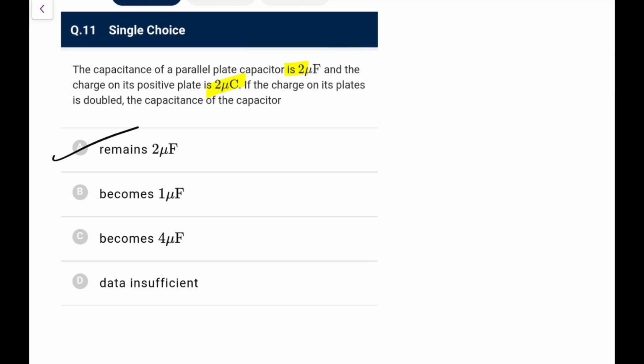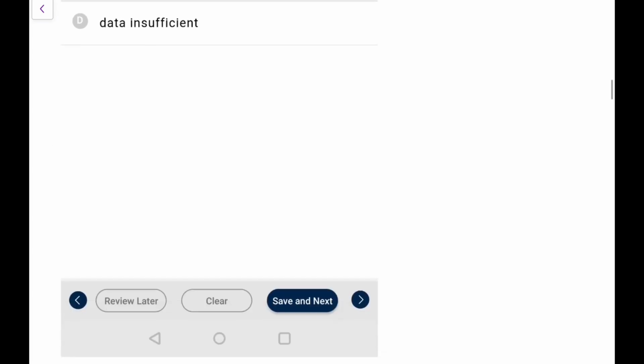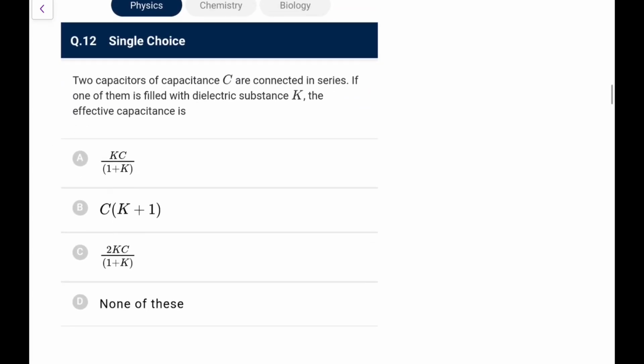It doesn't change. The capacitance is independent of Q and V. If Q is doubled, V will be doubled, C will remain the same. Two capacitors of C are connected in series. If one of them is filled with dielectric, the effective capacitance now will become, so because they are in series,